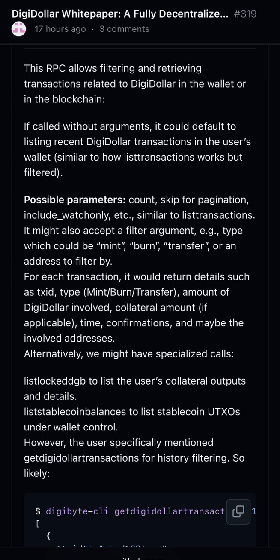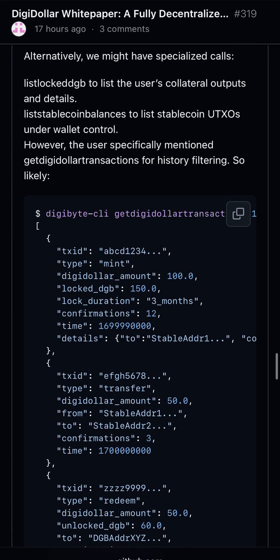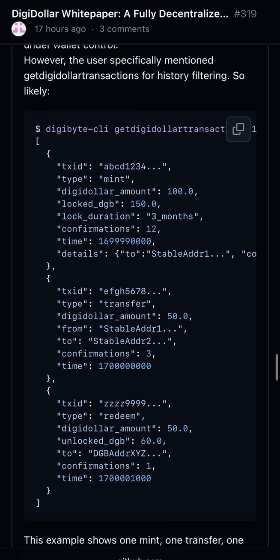Alternatively, we might have specialized calls. ListLockedCollateral to list the user's collateral outputs and details. List stablecoin balances to list stablecoin UTXOs under wallet control. However, the user specifically mentioned DigiDollar transactions for history filtering. So likely: